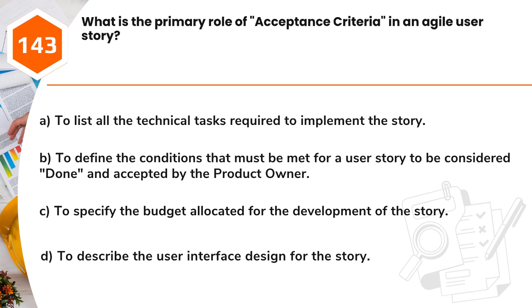Question 143. What is the primary role of acceptance criteria in an Agile user story? A. To list all the technical tasks required to implement the story. B. To define the conditions that must be met for a user story to be considered done and accepted by the product owner. C. To specify the budget allocated for the development of the story. D. To describe the user interface design for the story. Answer: